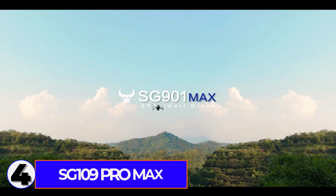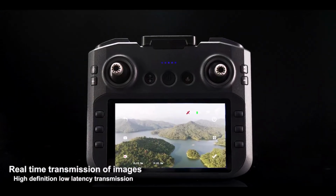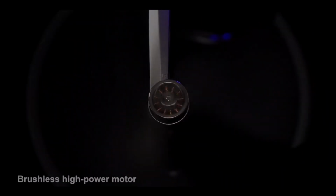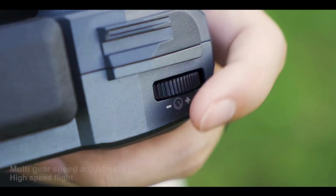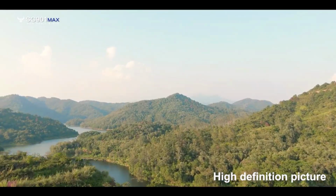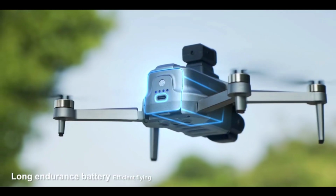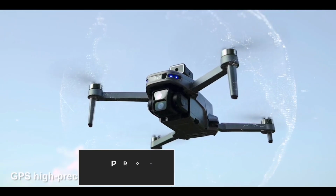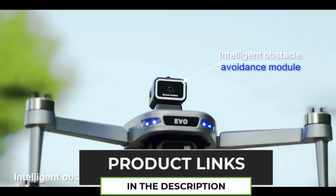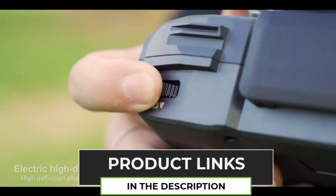Number 4. SG109 Pro Max. Looking for a professional drone without the hefty price tag? Meet the SG109 Pro Max, a lightweight yet powerful camera drone that delivers impressive 4K footage. Weighing just 196 grams, it's easy to carry and perfect for travel. The built-in 4K HD camera with a 1/5.8-inch sensor captures sharp, high-quality video. Plus, with GPS support and FPV operation, you can enjoy real-time video streaming directly to the 5.9-inch remote control screen,